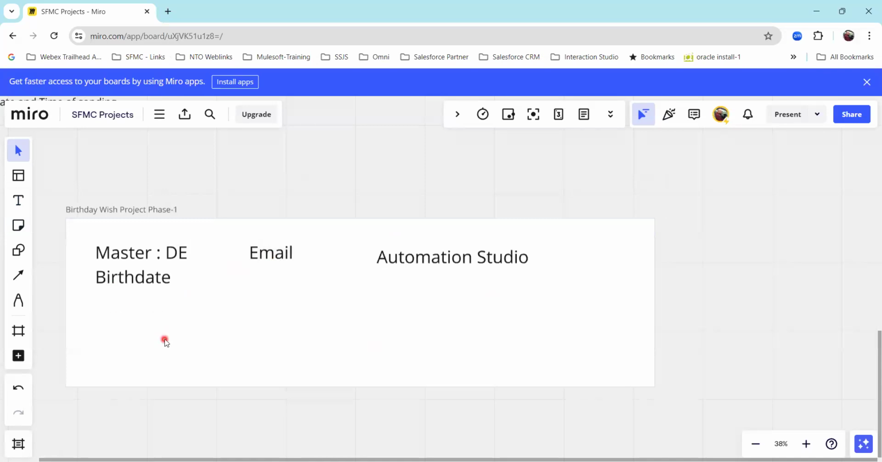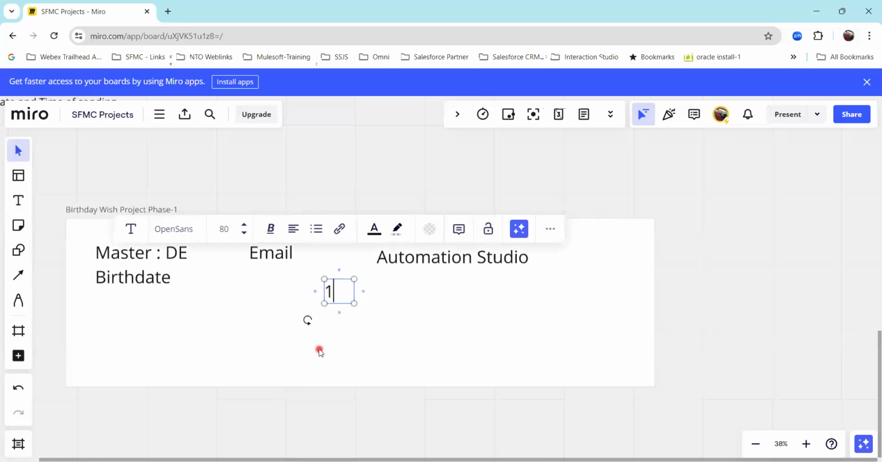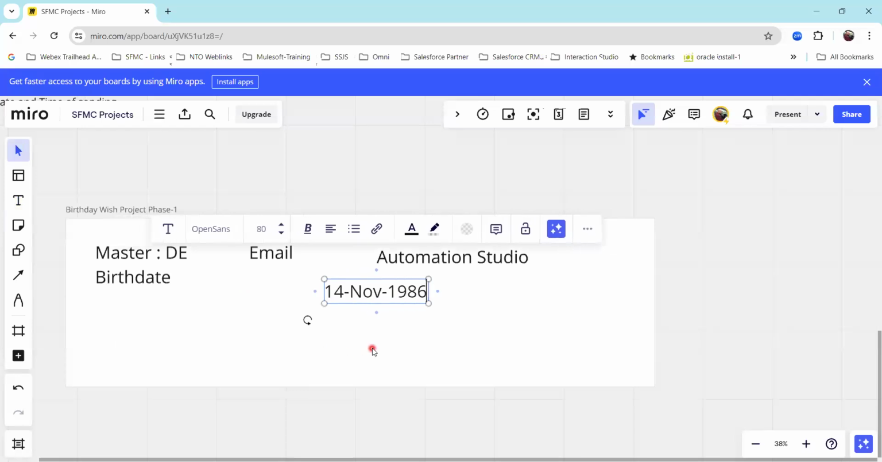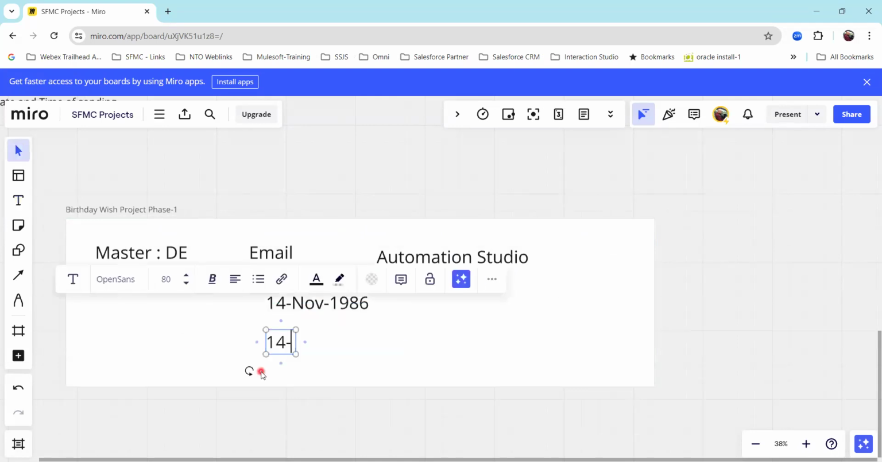Very importantly, I would like to explain the data and how you should filter it. Let's take an example of Chandra Prasad. My birthday is on 14th November. So what is my birth date? It is this. If you are trying to send an email to Chandra Prasad, can you send it on 14th November 1986? No, that is my birthday. You are trying to send an email to Chandra Prasad on 14th November